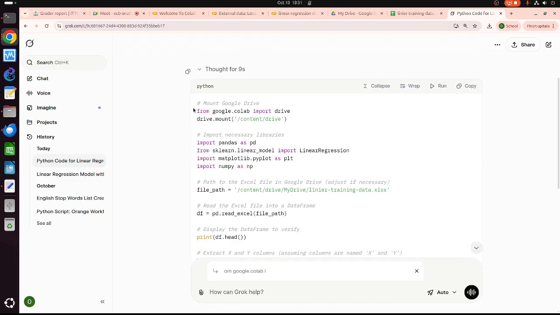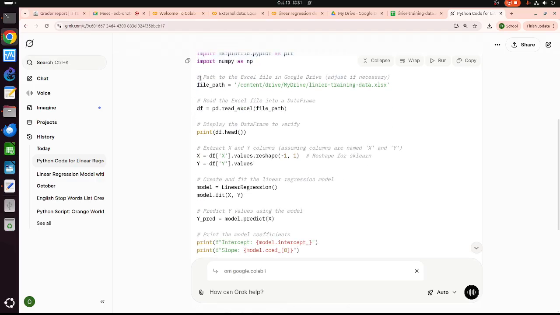So first, we need to mount the Google Drive. Second, we need to import all the necessary libraries that we need to work with and set the path of the file in Google Drive. It will be stored in /content/drive/my drive, linear training data XLS, and read the file, put it in the data frame.